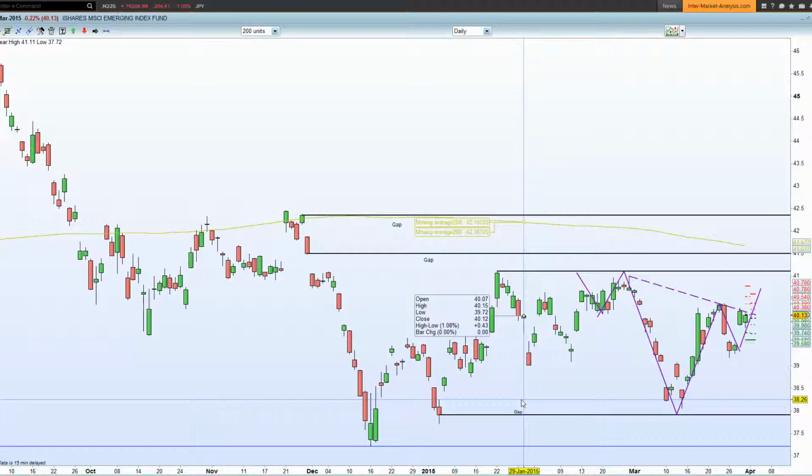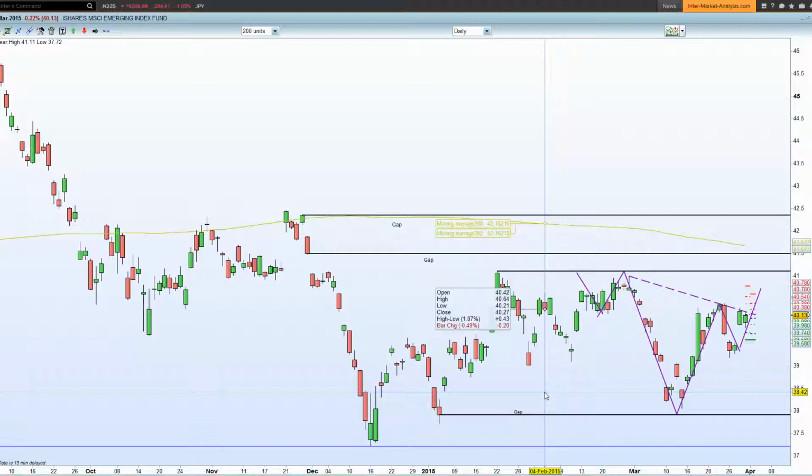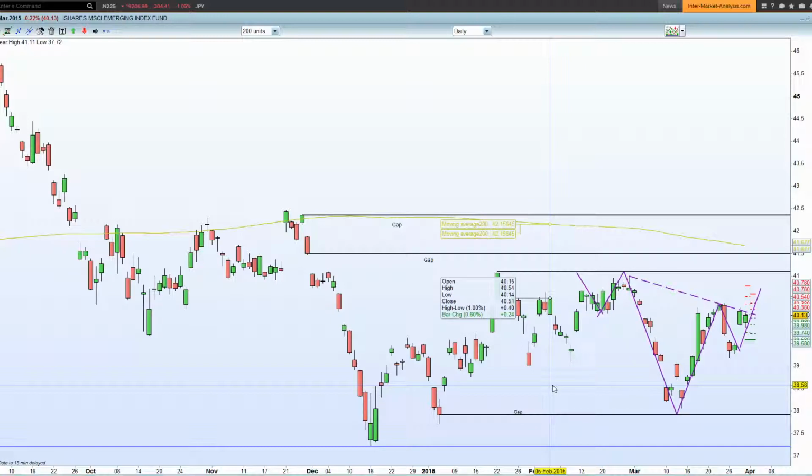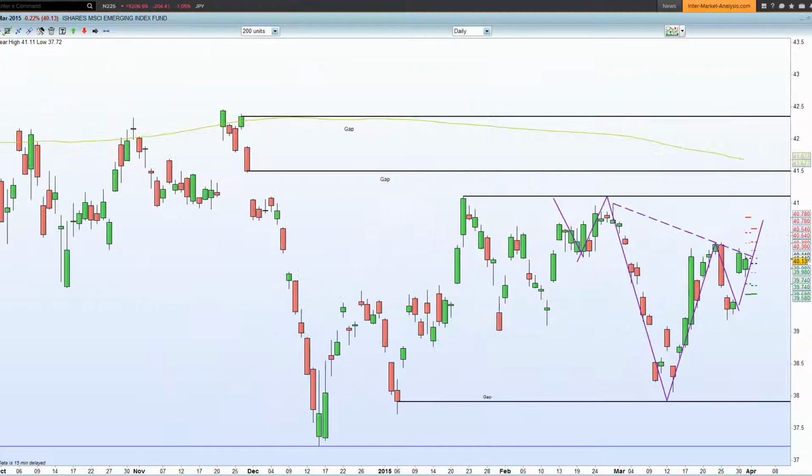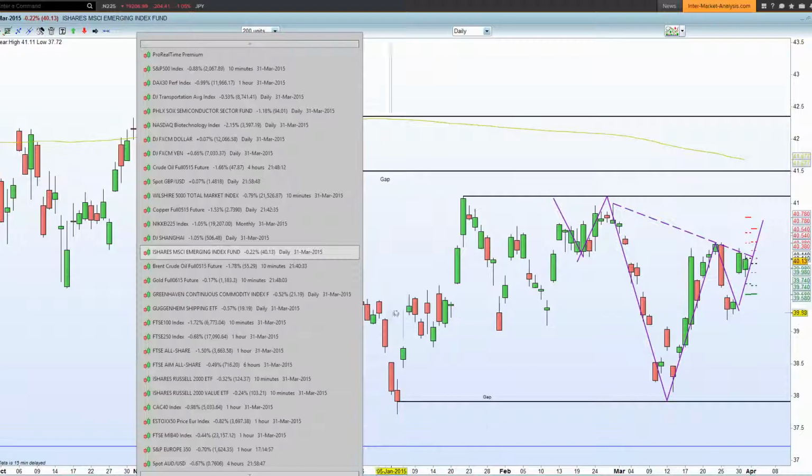So a head and shoulders on the dollar, and an inverted head and shoulders on the actual emerging markets index, all bode well. Okay, for a potential move higher. Okay, all indicate a potential thrust higher in the global markets. Okay, so interesting observation there, and again supports my argument for a move higher.